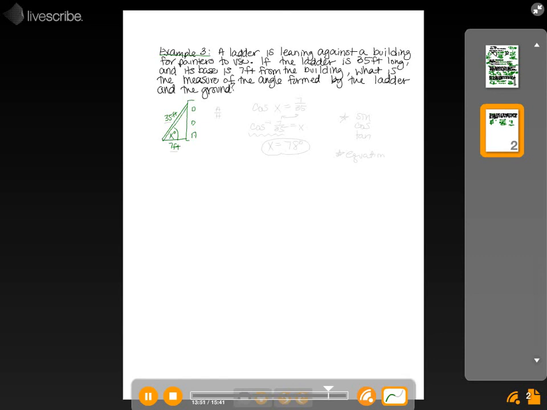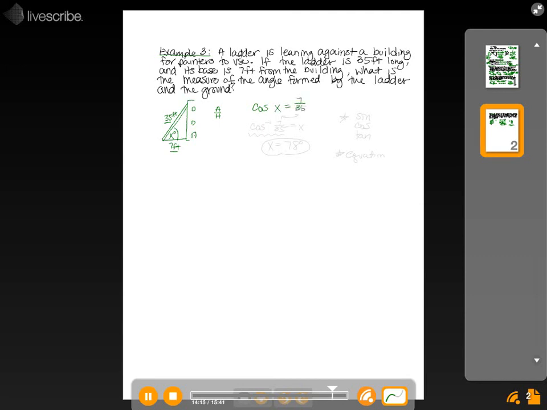Alright, we've got to figure out which trig function we're going to use first, whether it's going to be sine, cosine, or tangent. Well, according to the angle x that they give us, the adjacent, which is 7, the one next to it, and the 35, which is the hypotenuse. We have adjacent and hypotenuse. That would be cosine. So the cosine of x, which is our angle this time, that's what we're looking for,